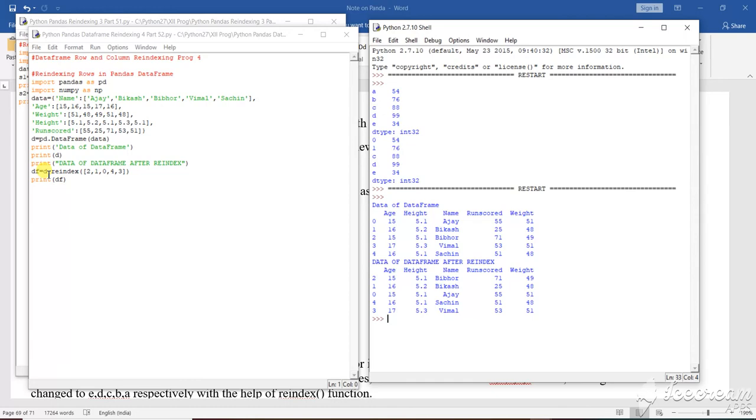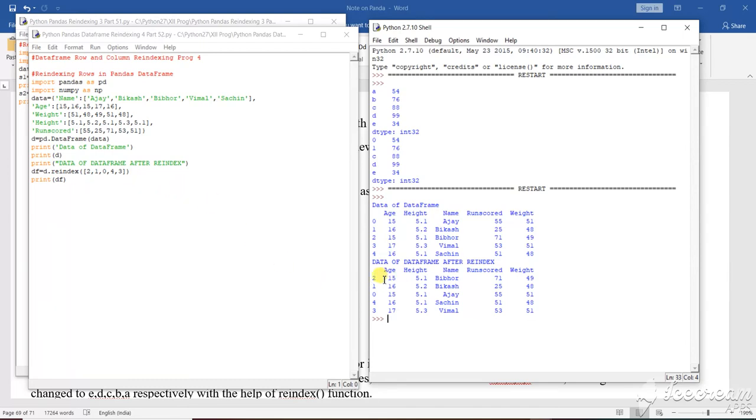What re-indexing have I done? d.reindex with 2, 1, 0, 4, 3. Have you seen it? My index is 0 1 2 3 4, and I have just changed the order as per my convenience. Clear? As per my convenience, I have given 2 first. For the index value 2, whatever data is stored in that particular index, all those related data will be called and printed.